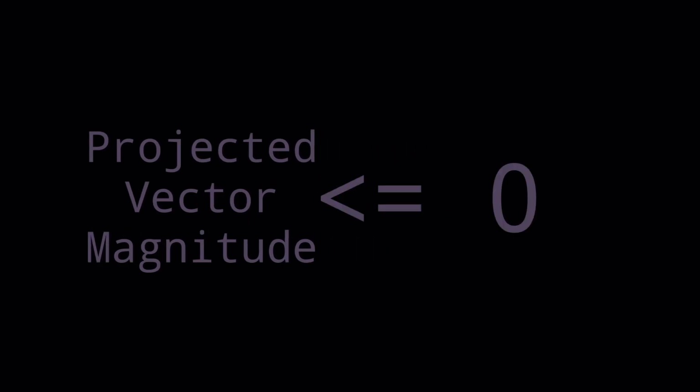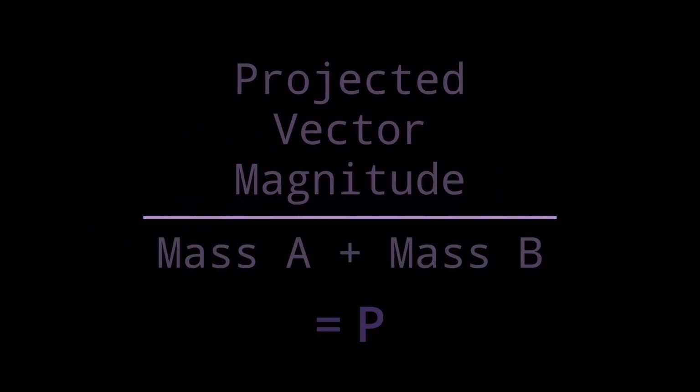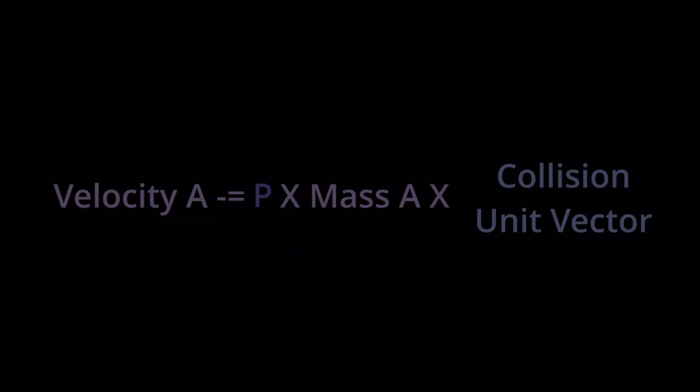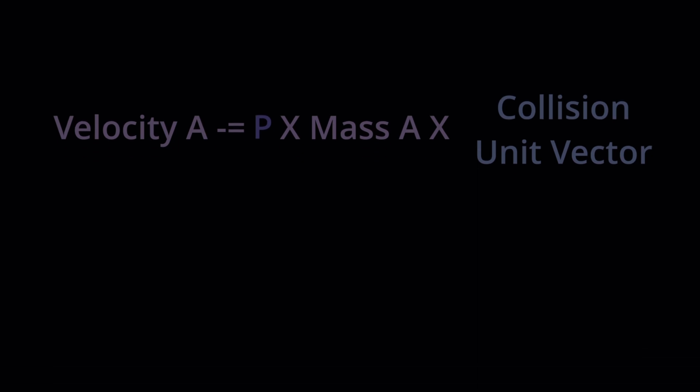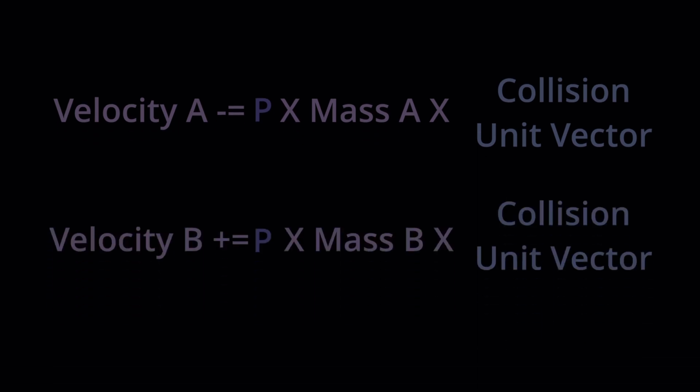After storing that value, we first check if it's negative to make sure our impulse won't join the objects together, only continuing if this condition is fulfilled. We then divide it by the total mass of both objects. This value is then multiplied by the first object's mass, negated, and taken away from the first object's velocity. The dot product divided by the total mass of both objects is then also multiplied by the second object's mass, and then added to that object's velocity as well. A change in position is then carried out for each object depending on its current velocity and time since the last step has taken place. And after applying all these processes with every step moving forward the simulation in real time, we get something like this.